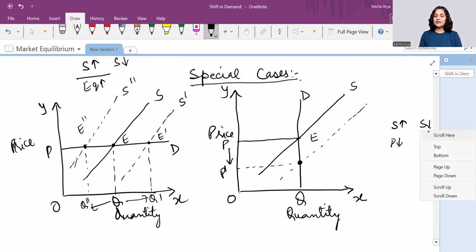But what happens if the supply reduces? That shows a leftward shift, and a leftward shift means this is my new supply curve, right? And the demand remains the same. So my answer is this is my equilibrium point, E double dash, right? So my result is with the fall in the supply, the price increases, but with the rise in the supply,